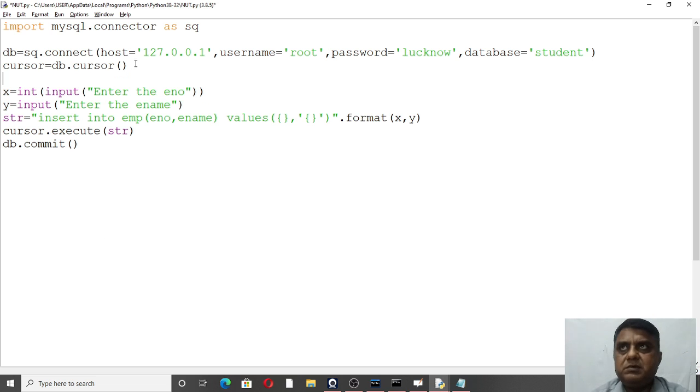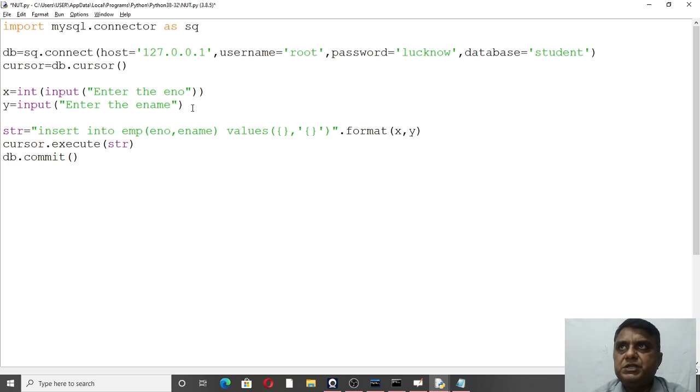After creating this object cursor, we will get the values from the user, that is the employee number, x, and write this statement as input, enter the ENO. As we know, using input it is obviously in the form of a string, so we have to convert it into integer.